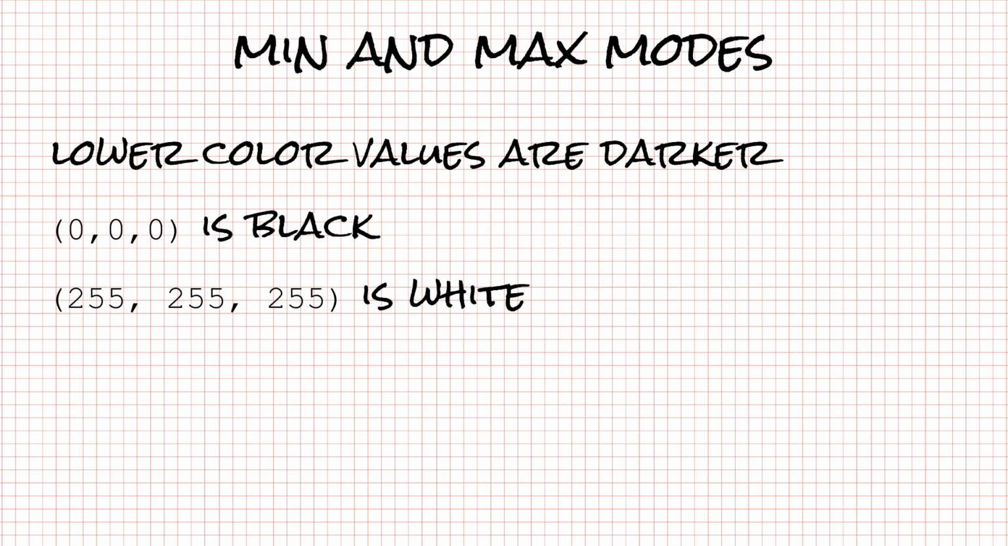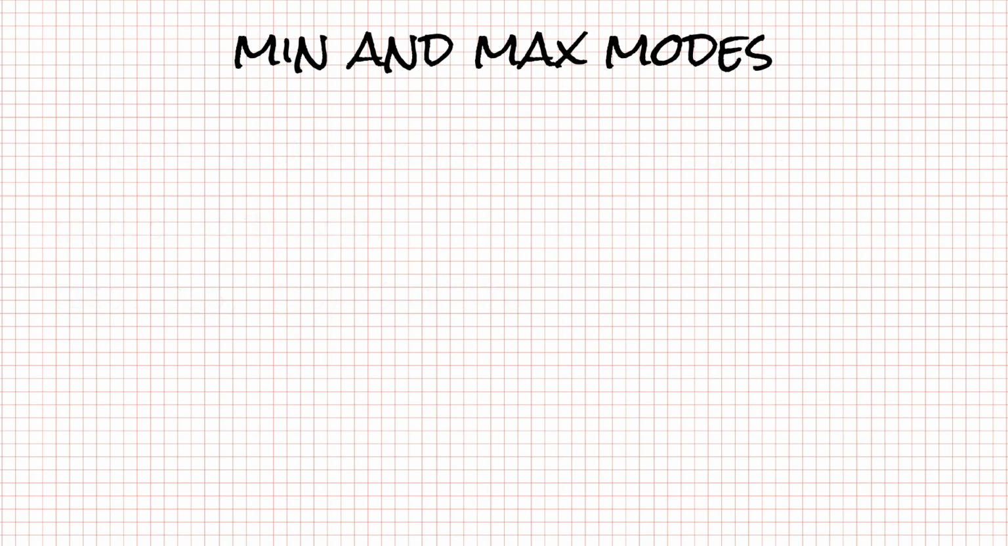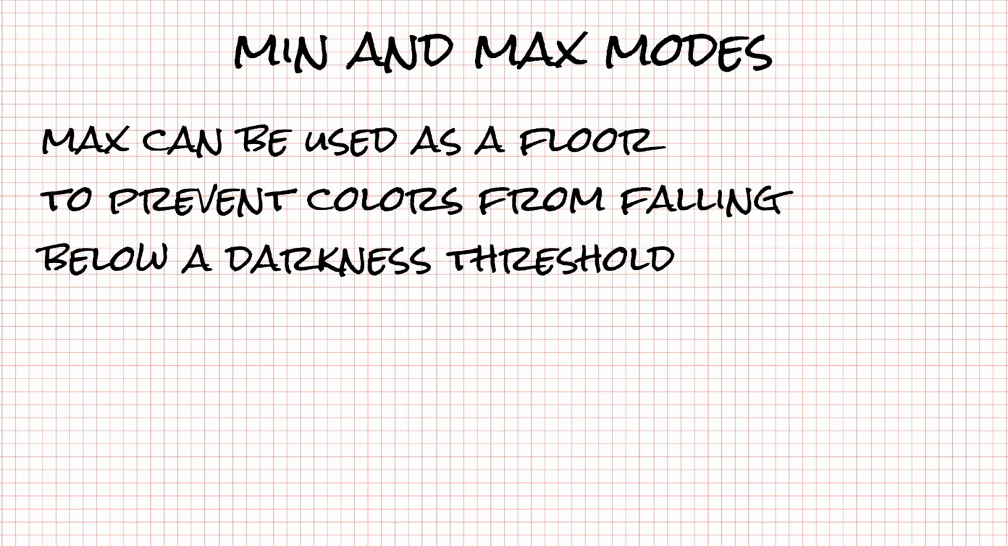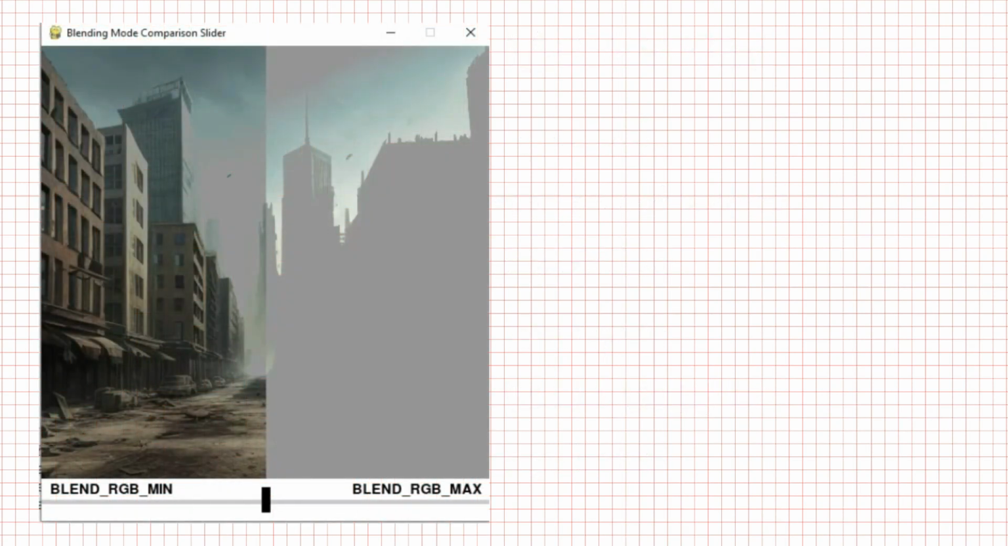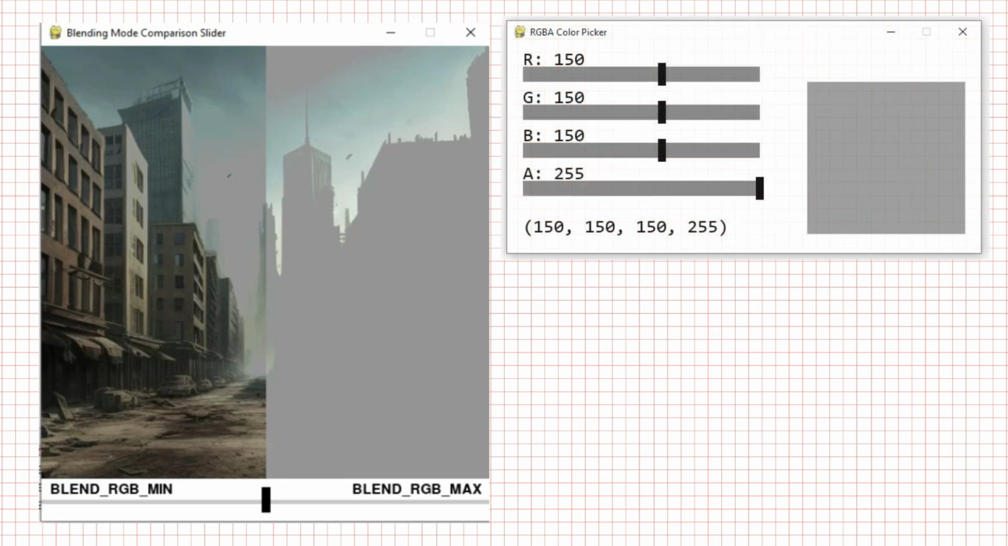So how can we use these modes? Max acts as a floor that prevents color values from falling below a certain darkness threshold. Min acts as a ceiling that prevents color values from exceeding a certain brightness. I have another slider example, this time with min and max. For both, I'm using a medium light gray, 150, 150, 150, as the threshold I'm compositing with the min and